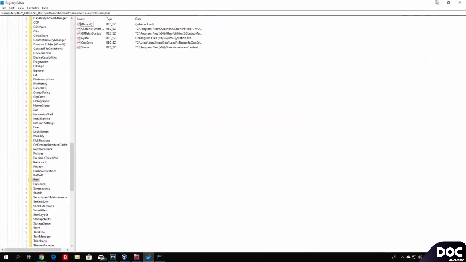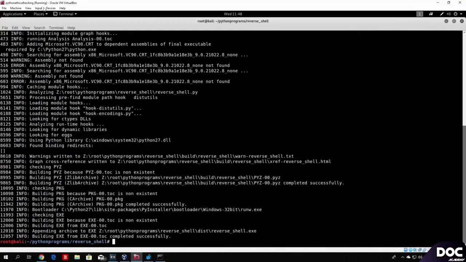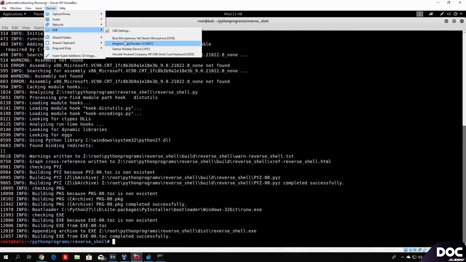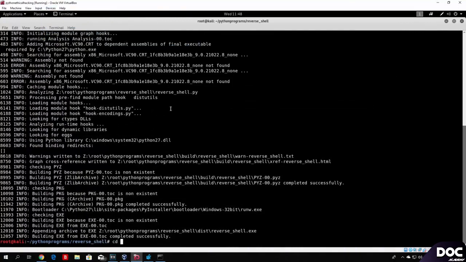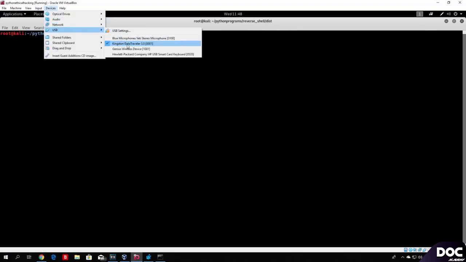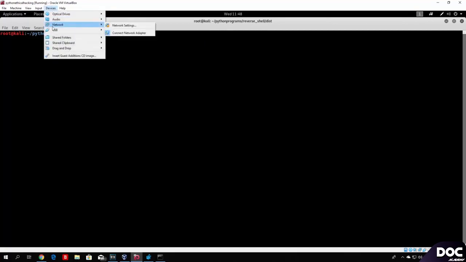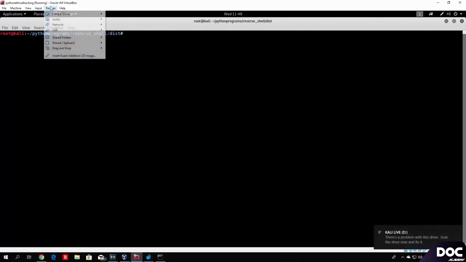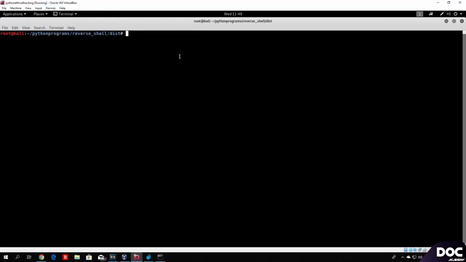So let's leave this open as well as this open, and let's unplug our USB drive in order to transfer the actual reverse shell. So let me go to this directory, move the reverse shell to media, root, and the actual USB drive. Let's see, why is it not plugged in yet? Let's unplug it and plug it again. For some reason it won't plug in. Okay, so let's wait for it to plug in. There it is. Right now if we move the reverse shell to media, root, Kali live,